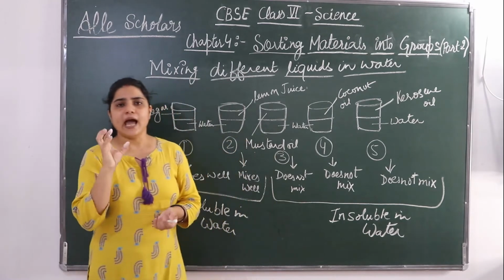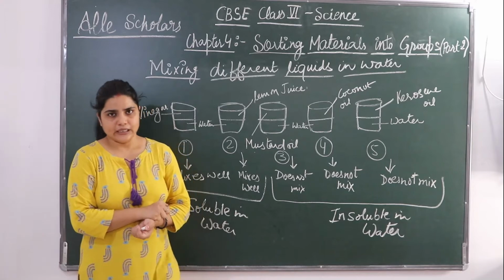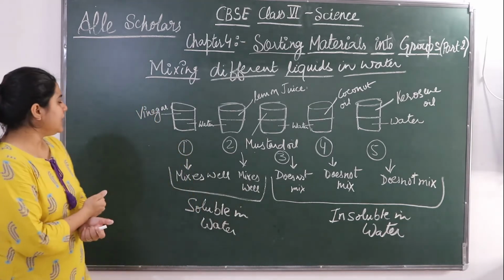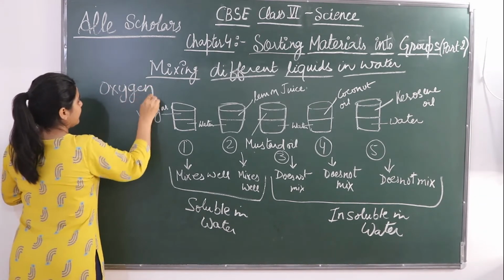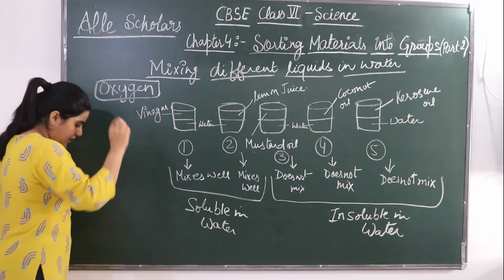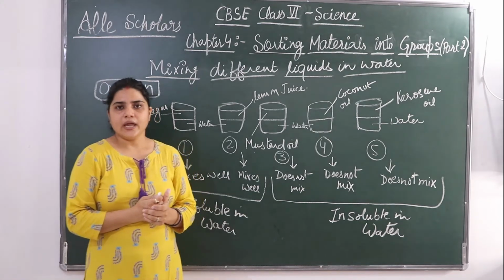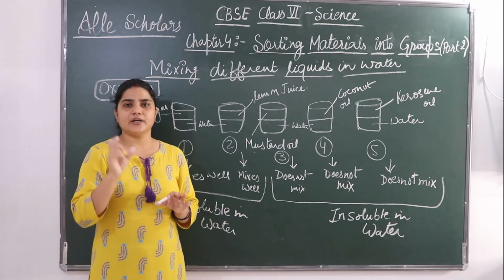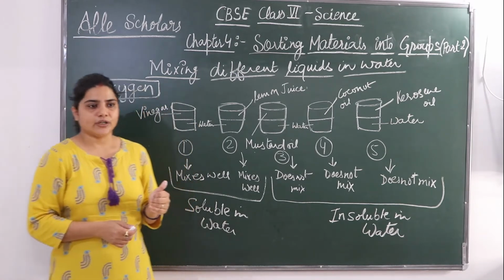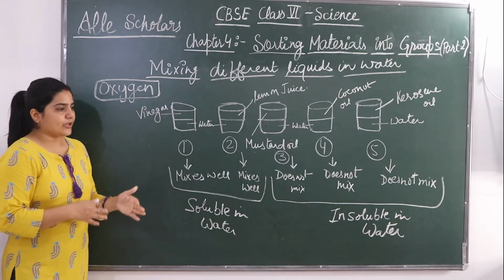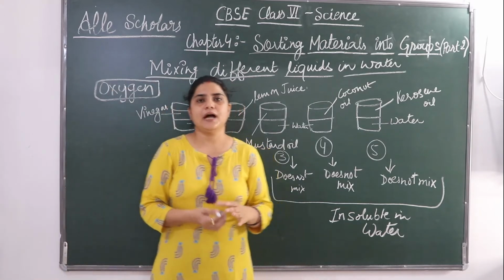So water usually has a small quantity of gases that get dissolved in it. Okay, so for example, you can take oxygen. Oxygen is a gas which gets dissolved in water. Okay, if a question is asked for a gas that gets dissolved in water, oxygen is a gas that gets dissolved in water. Water is very important because it is essential for the survival of animals and plants.